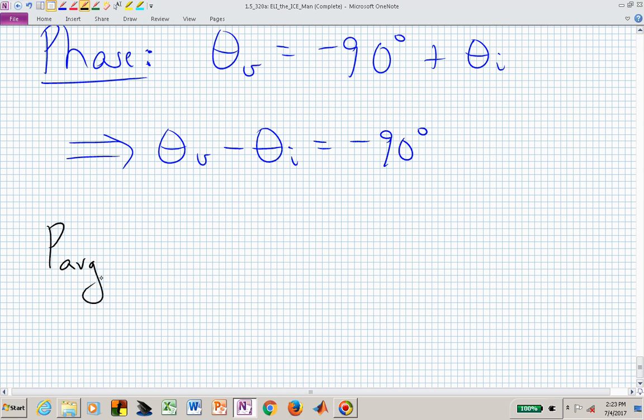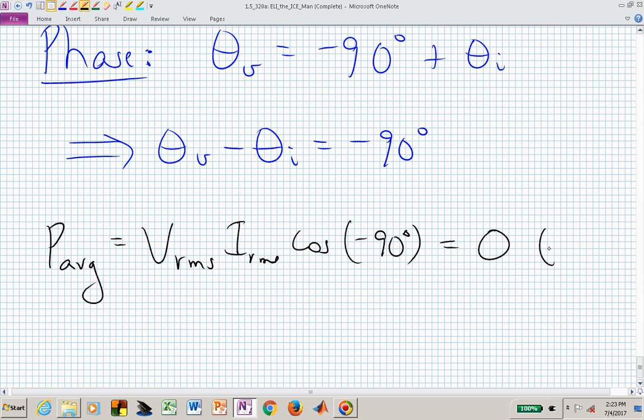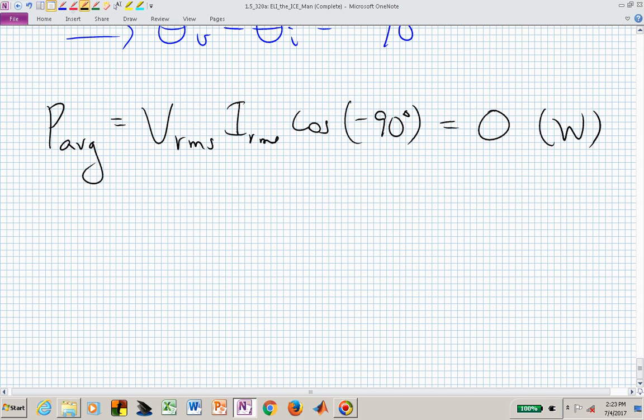If we now look at the average power of this capacitor, we have V RMS, I RMS, cosine, and now we have theta sub V minus theta sub I, which is minus 90. Well, the cosine of minus 90 is the same as the cosine of 90, and that's 0 watts. So that now the instantaneous power